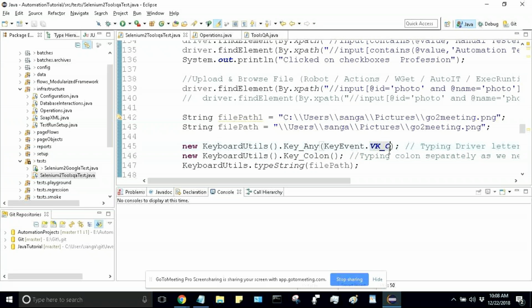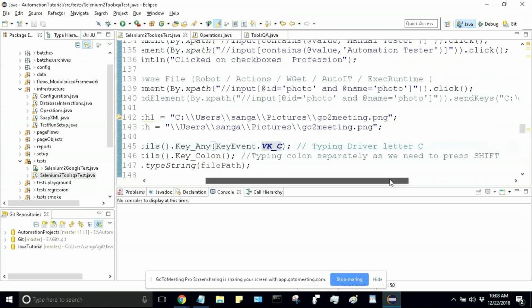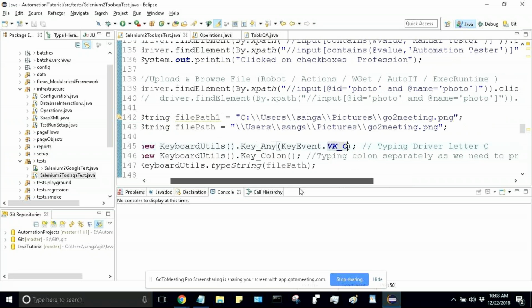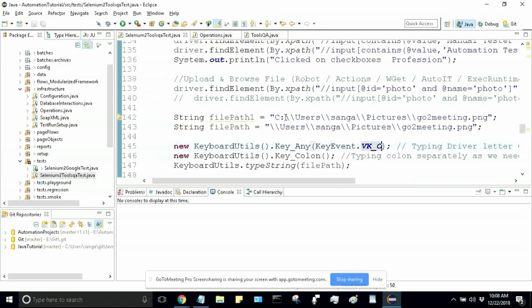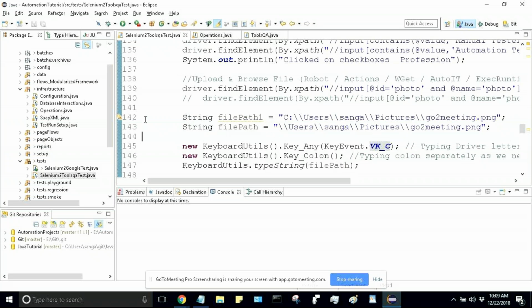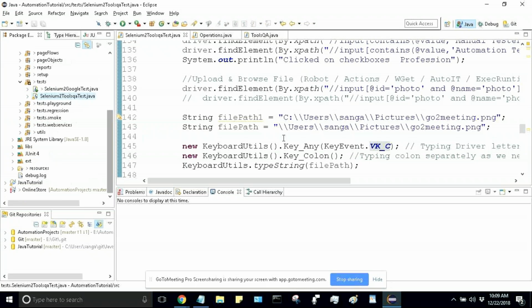Inside. So typing this drive letter C, just this, and just for this colon I created a separate function also because it involves Shift and colon. I created key underscore colon that will type this one, and remaining everything else I'm passing to type string, which will be this one. So all these 3 combined will type the whole thing, this file path. Okay, I created a util for this, keyboard utils. So this is a part